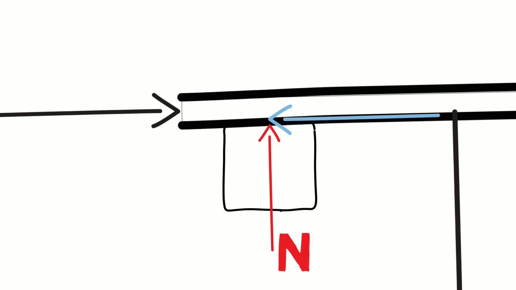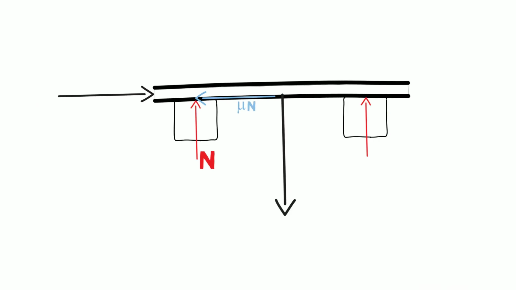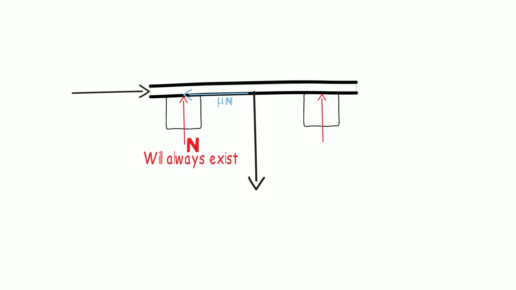But this frictional force will have a limit to itself, which will be equal to mu times the normal reaction. If the force exceeds this value, the beam would not be restrained along horizontal direction. So a simple support will only restrict in the direction perpendicular to the surface, and that's for sure. Along horizontal direction, motion restriction is a little doubtful.